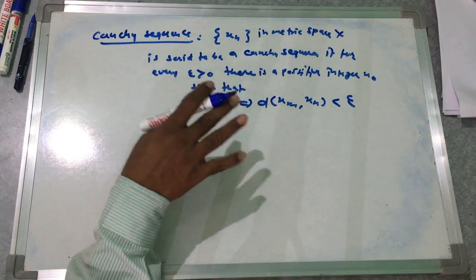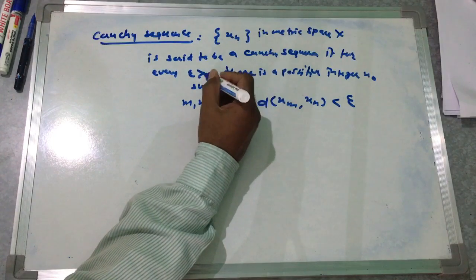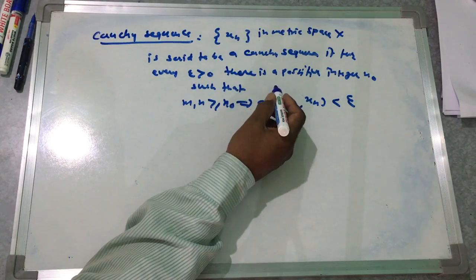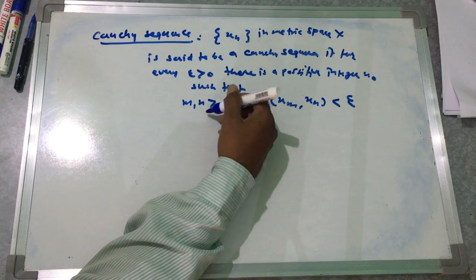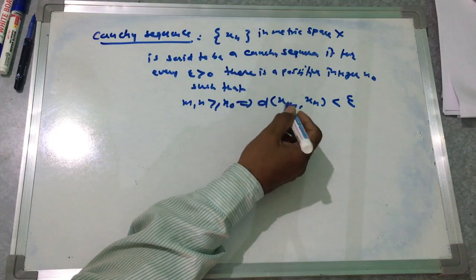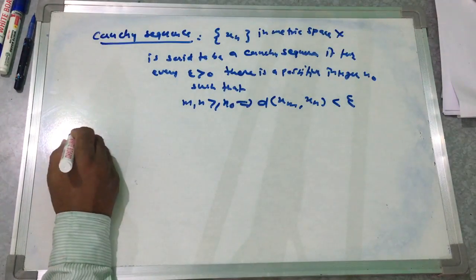This is the Cauchy sequence. Suppose it is in a metric space: for every epsilon greater than 0 there is a positive integer n0 such that for m, n greater than or equal to n0, the distance between the two points is less than epsilon. So, theorem: